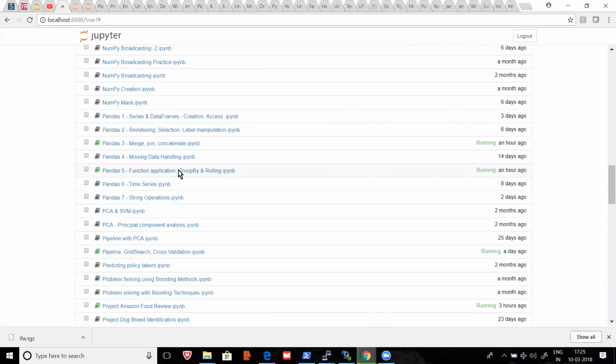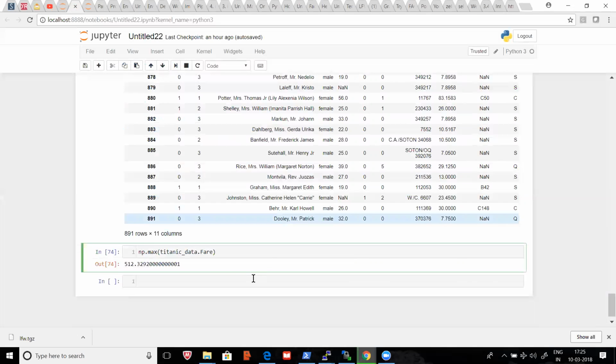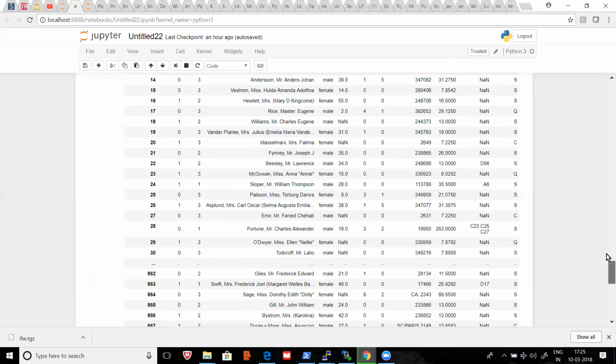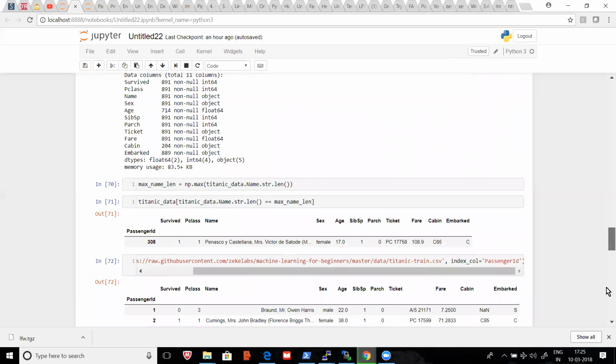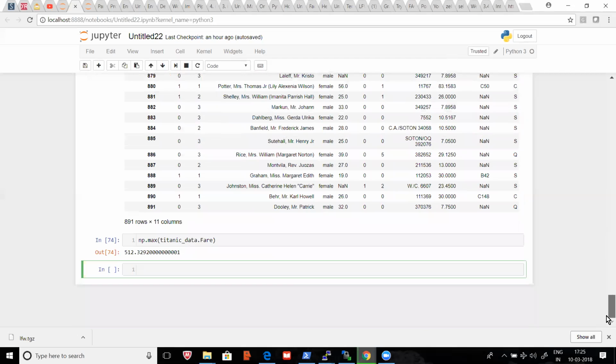So this was you, and the next thing after this is the group by operation. Okay, so you have the data here. Now you want to do group by. I think all of you are from data. You have a group by, so grouping based on certain info. Suppose you have one column here, survived, right? You want to identify which class passenger survived the most. So you want to group by based on P class first. Right, in data, group by